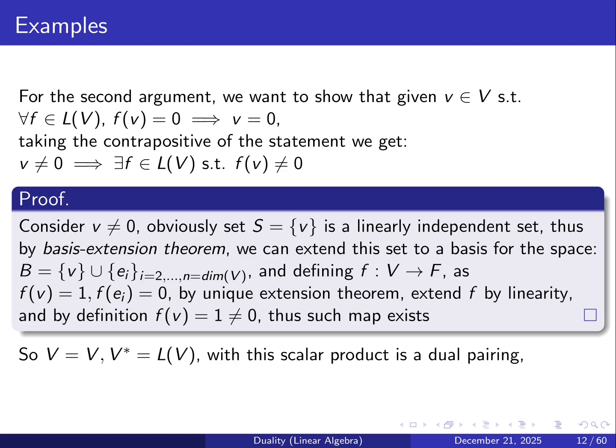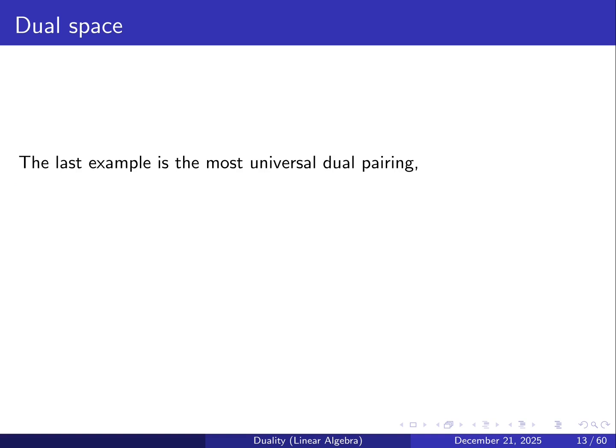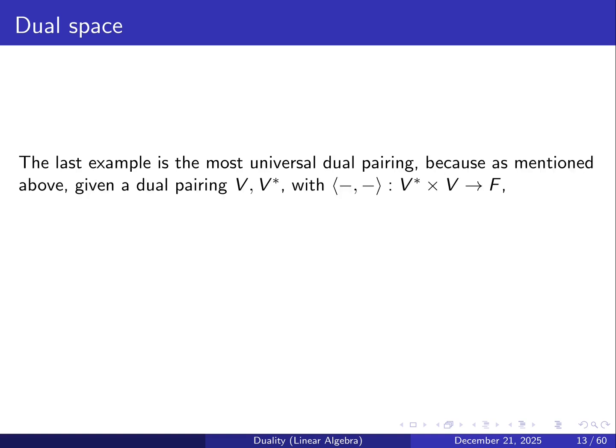So taking V to be V and V star to be the space of all linear forms on V, with the scalar product, is a dual pairing. And in fact, the last example is the most universal dual pairing, because, as mentioned above, given a dual pairing